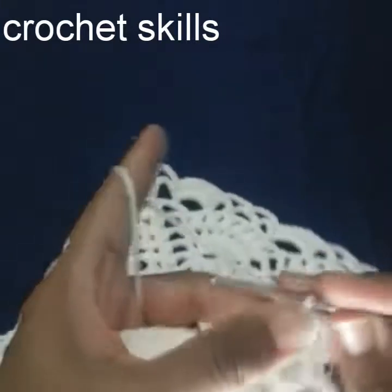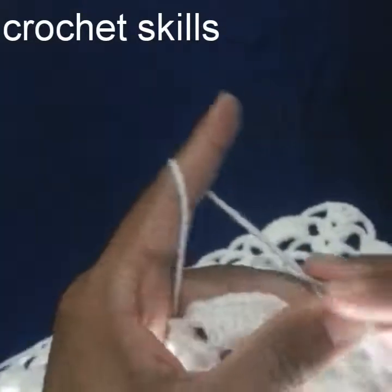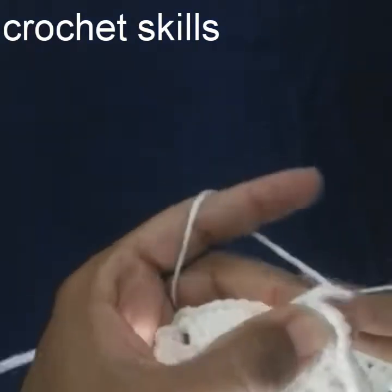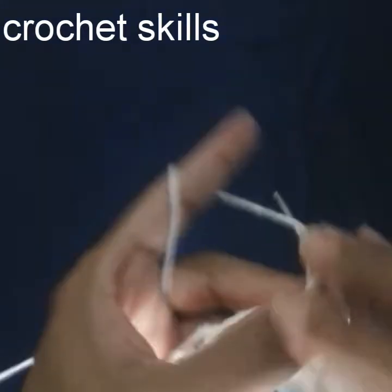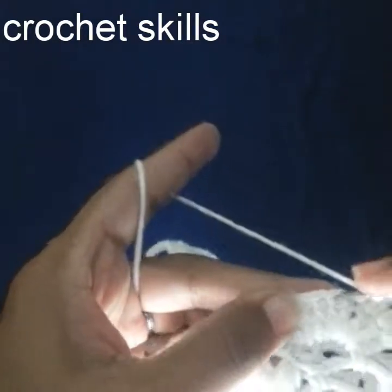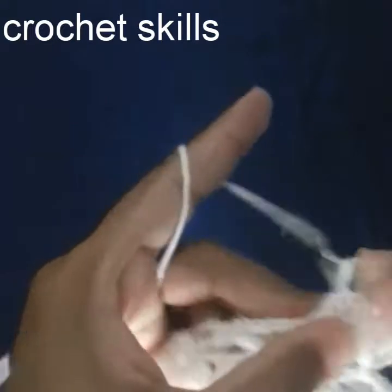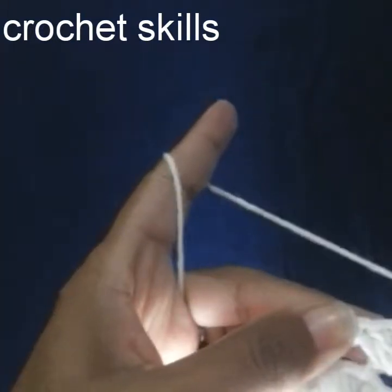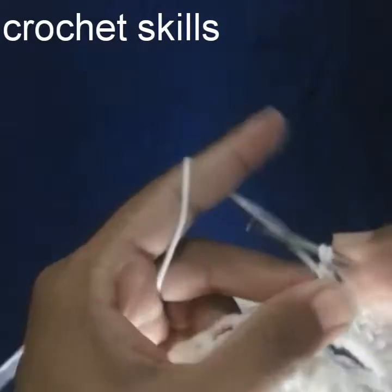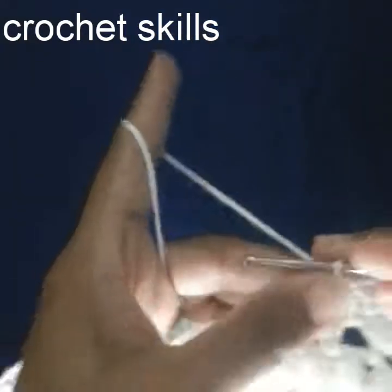Chain 5, single crochet in this chain 5 space. In all these 7 double crochets we will work 1 double crochet and chain 1 space. One double crochet, chain 1, 1 double crochet, chain 1. Single crochet into the next chain 5 loop, into the next chain 5 loop, again chain 5 and